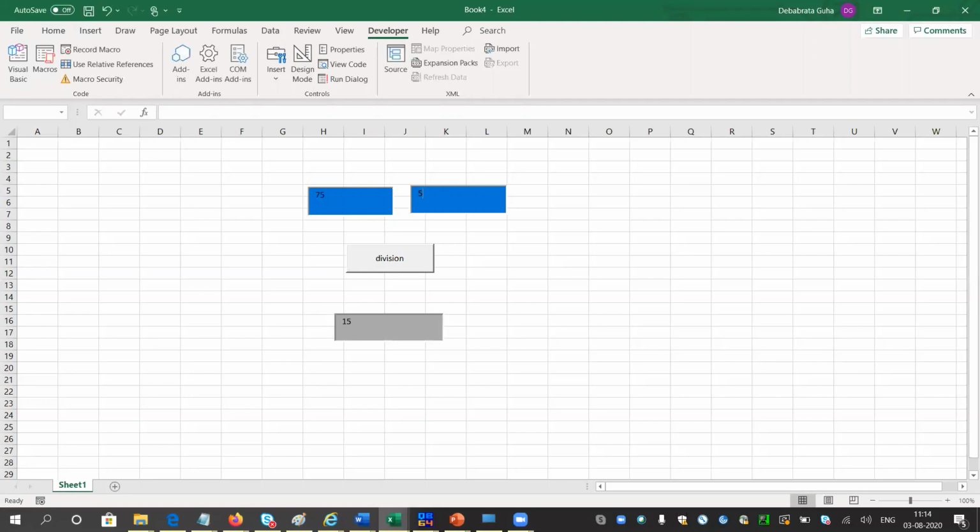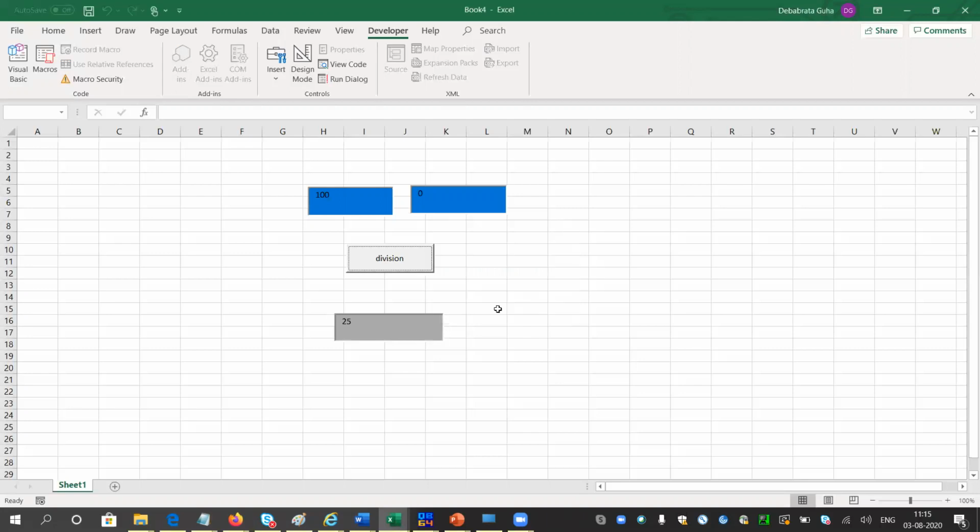I will show you how we can write the else block more efficiently, but for the timing, check this. 100 divided by 4. Whenever I click on division, it is giving 25 correctly. But if anyone gives 0 here, and I click on division, look, it is giving 'you fool cannot divide by 0', our message. So the calculator built into your laptop, your desktop, or your mobile phone is basically using this part of coding behind the division button in your calculator.